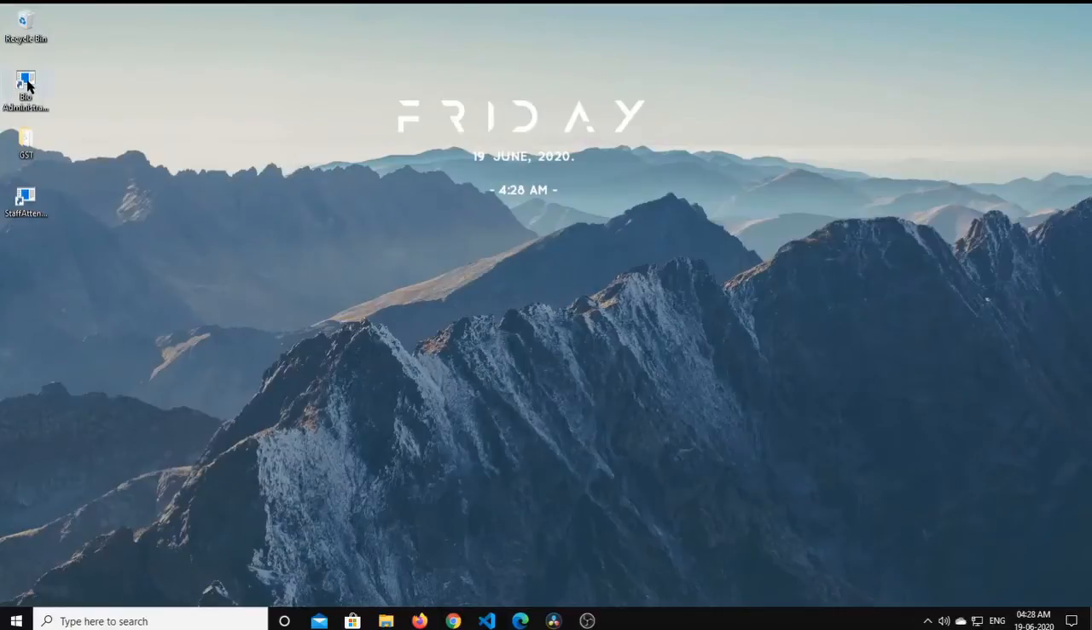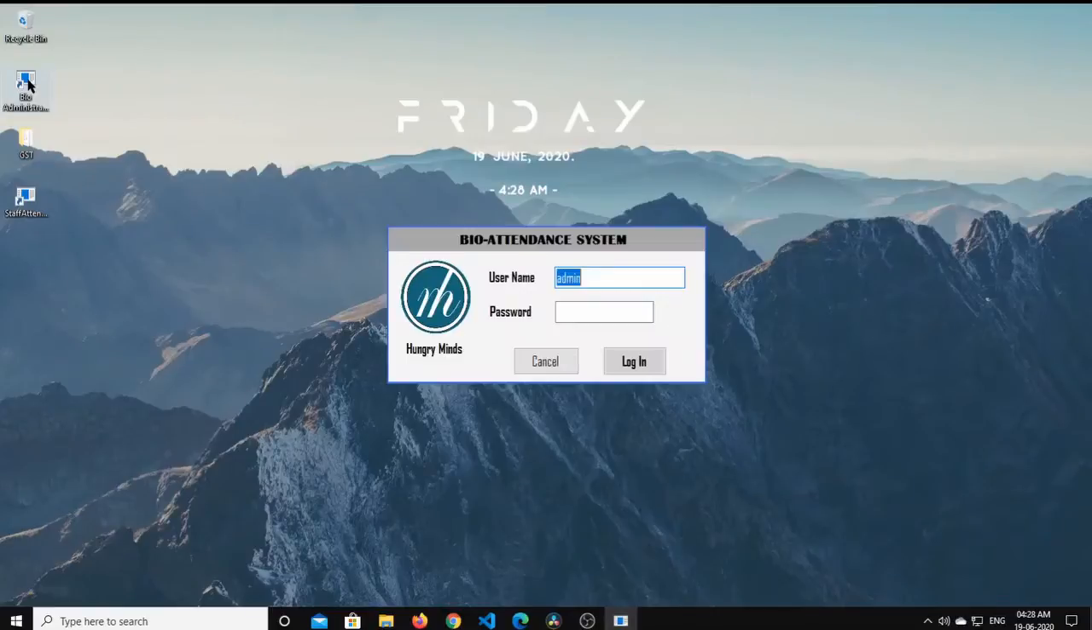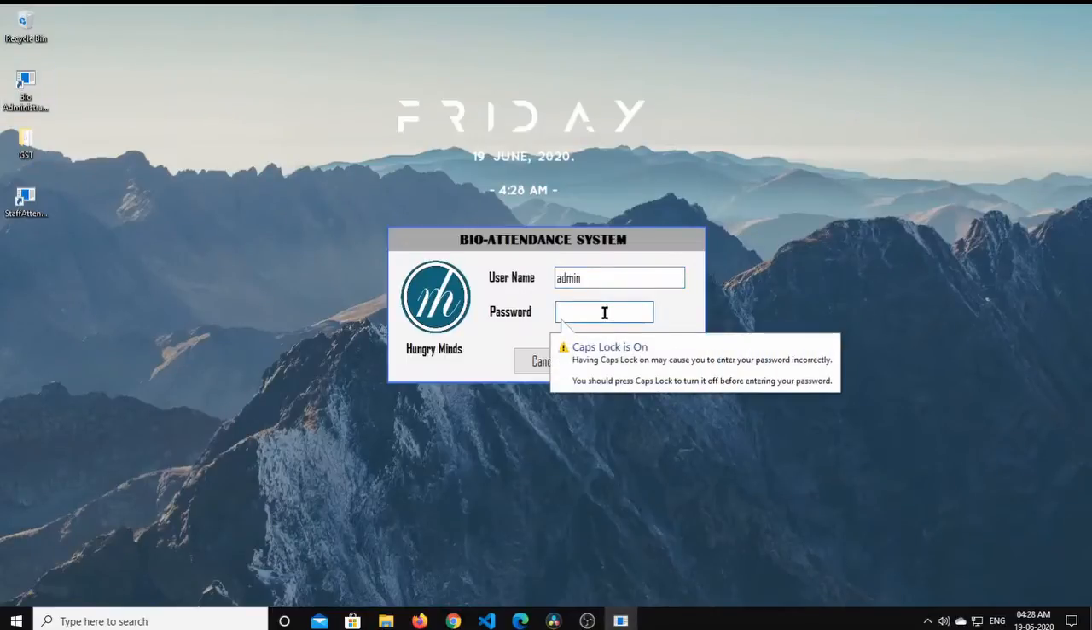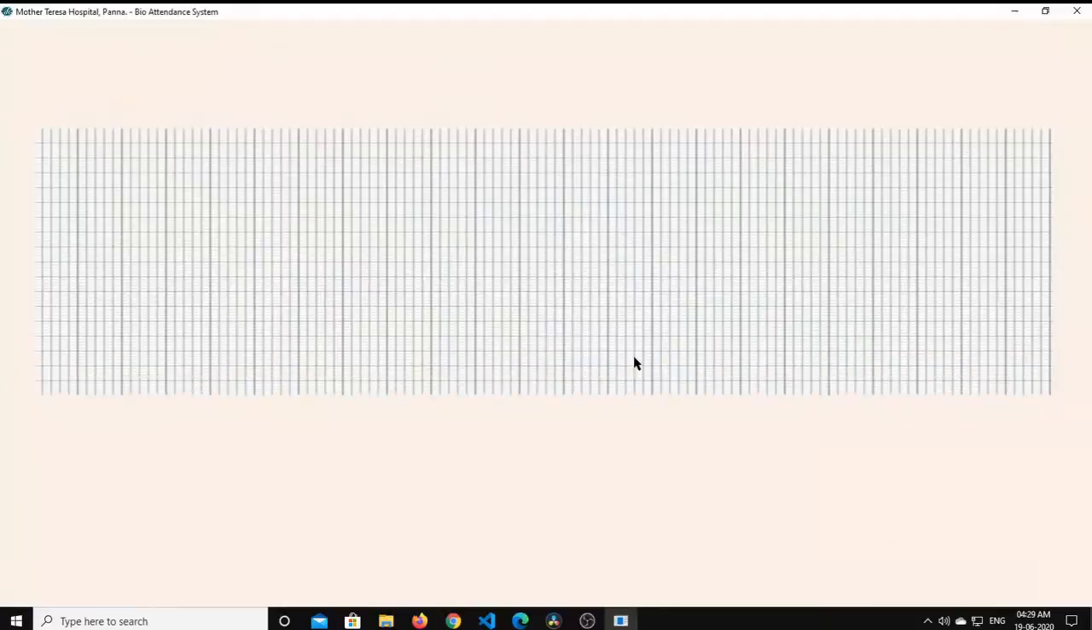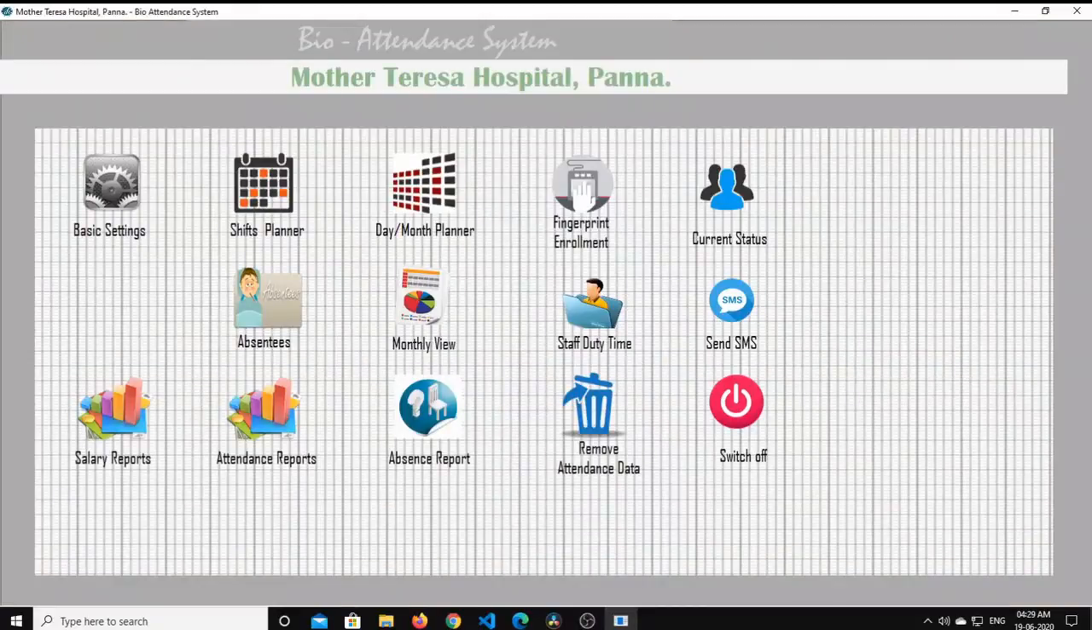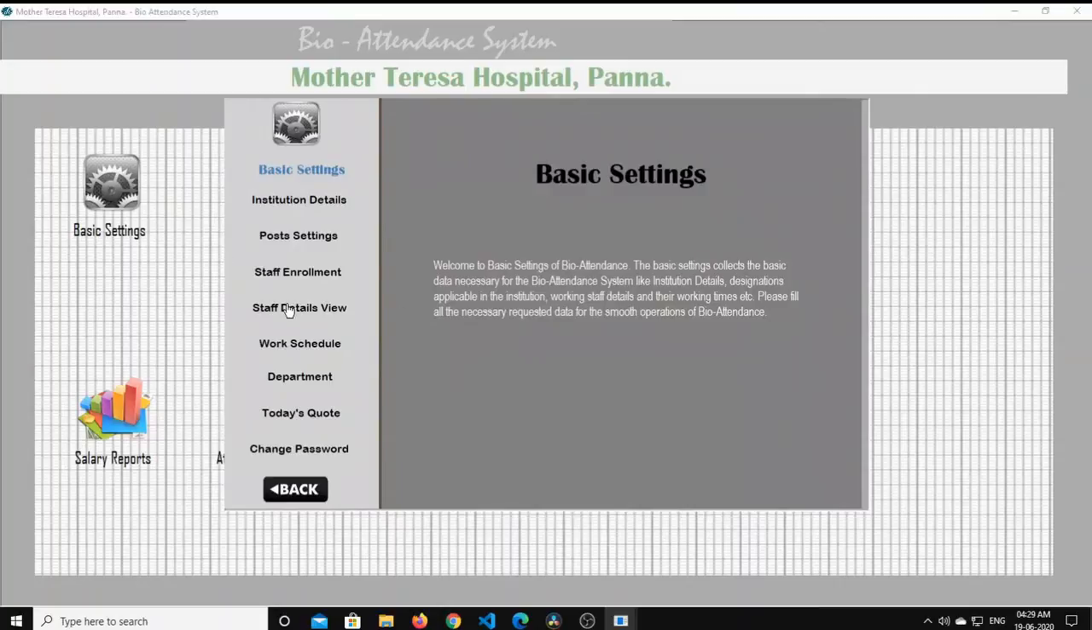First, find out the backend program, bioadministrator, and type username and password as admin. Both should be small letter, and select basic settings. So from basic settings, click on staff enrollment,